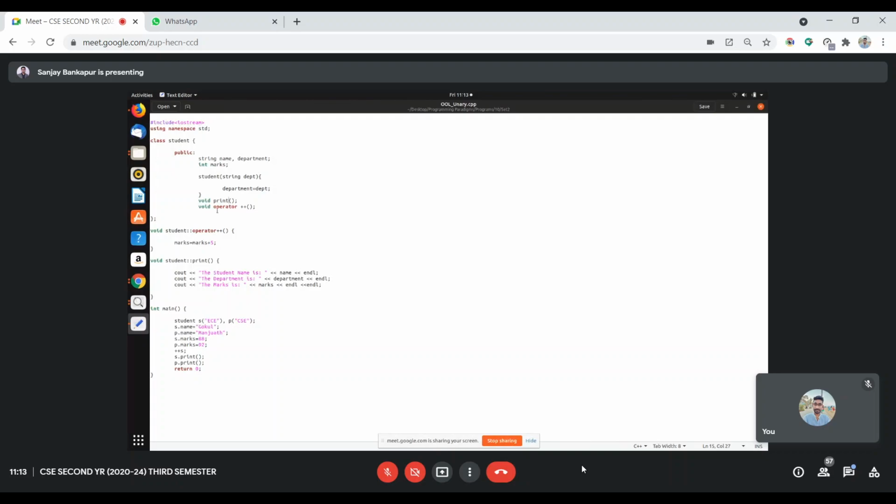One is print and the other is a special function which gives the facility to provide custom instructions to be executed whenever that operator is encountered. In print, there are a couple of cout functions to print the name, department, and marks of a student.